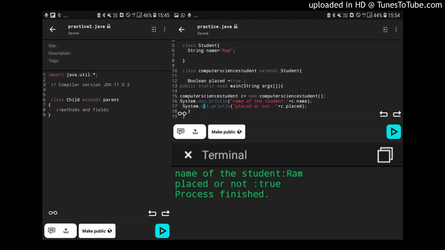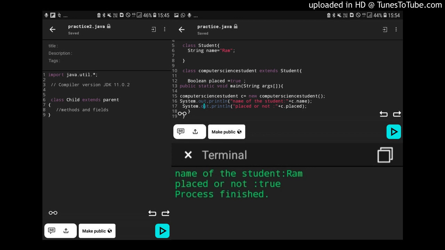In the parent class, the Student class, we only mention String name equals to whatever, which is the only instance variable in the parent class. Then we write class ComputerScienceStudent extends Student, and here we add a field, boolean placed equals to, say, true.